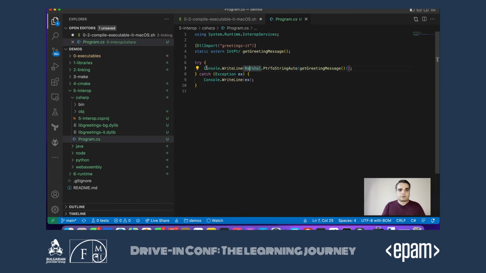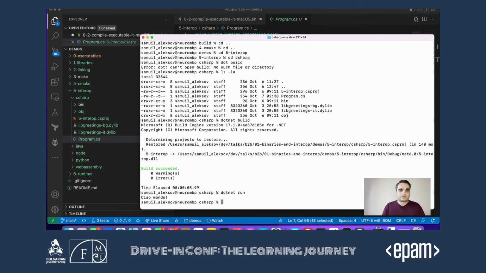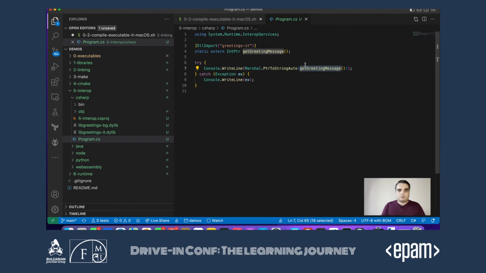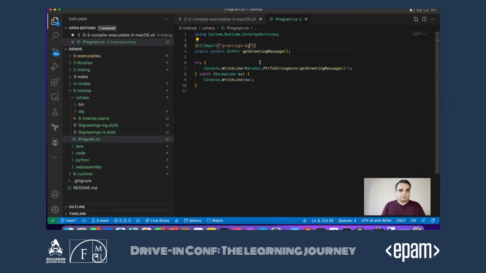Now you see what we are going to run here is our WriteLine, and it's going to print our greetings, the get greetings message from our library. There we go. If we load a different library, it will be the same. We're just loading another piece of data that's also executable, so we know how to interpret it. And when we go through the operating system, it actually marks which regions of the data are executable, right?